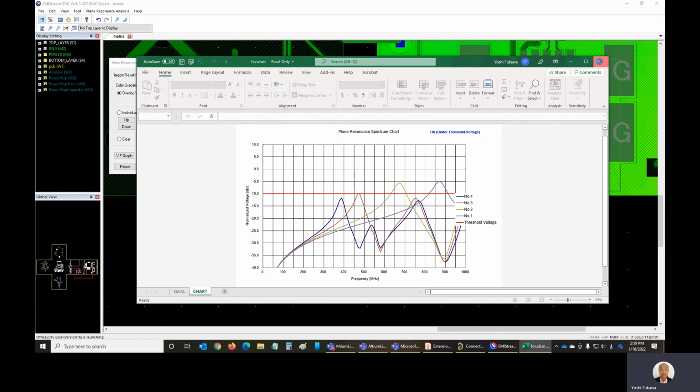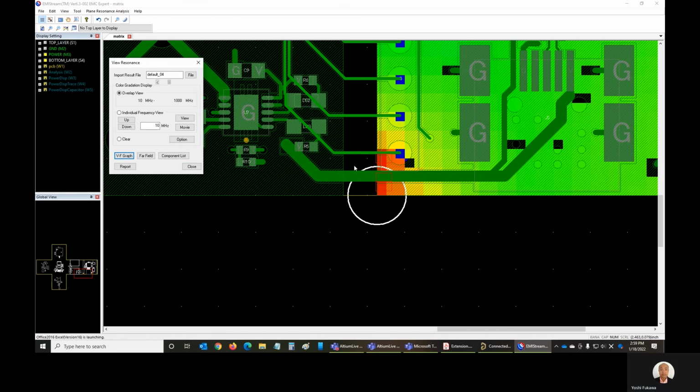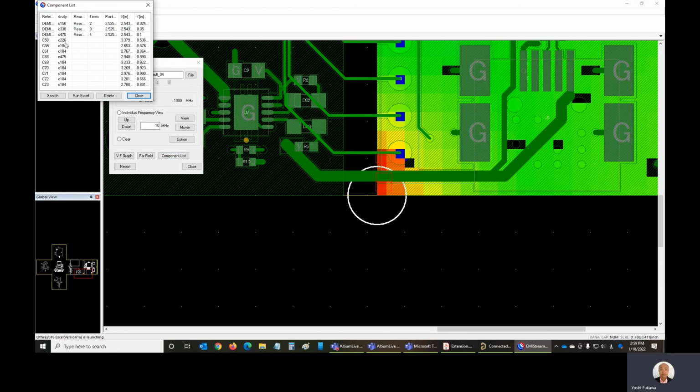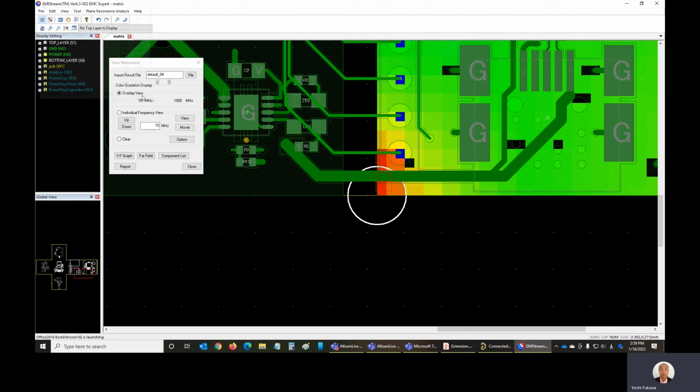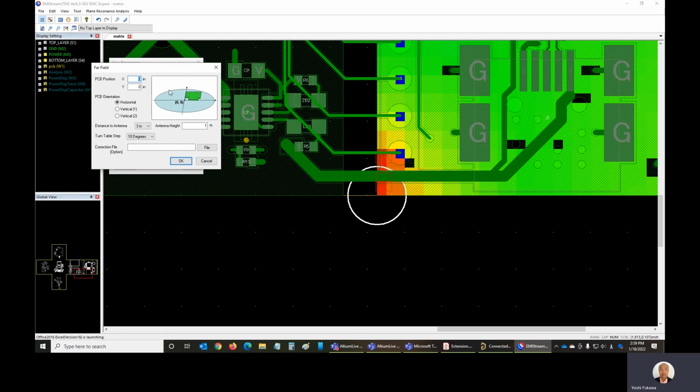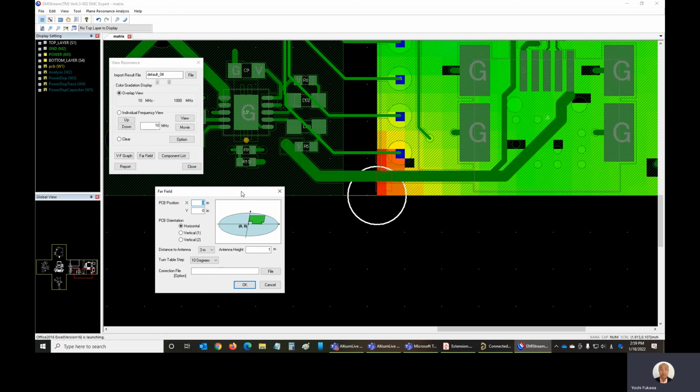So EMI stream automatically selects decoupling capacitors and places them onto the optimum location to reduce resonance. And if we click component list, this is the decoupling capacitor list for this particular power plane. And we also have a far field EMI prediction estimation from PDN power plane structure, because the power plane becomes a patch antenna